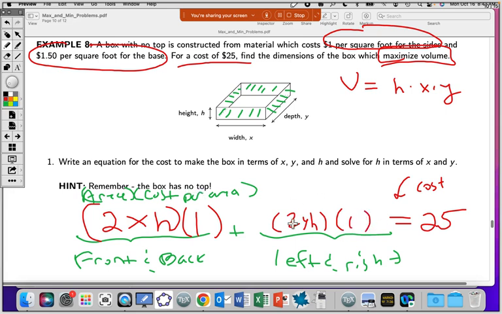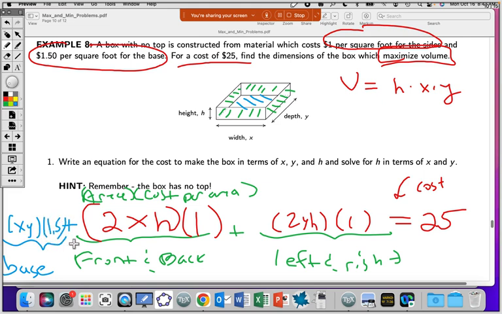So once again, that's area times cost per area. And now, that's just the sides. What am I missing here? What do we need? We need the base. So what's the area of the base? That's x times y